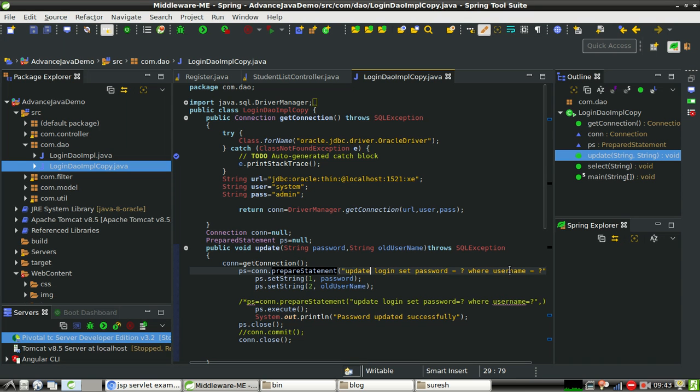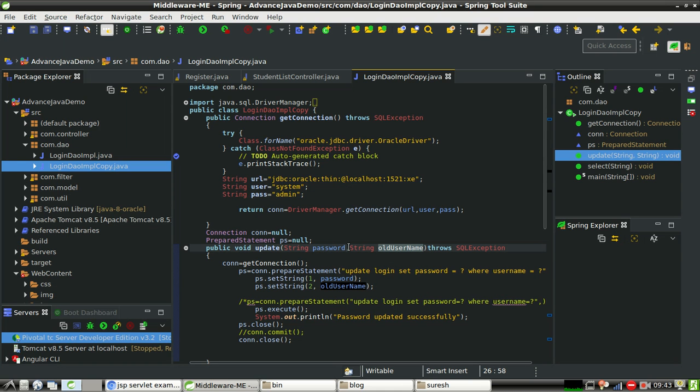username and password in table login, I will specify update login set password equal to question mark, where username equal to question mark. Please keep in mind these question marks are like dynamic things. For example, see this method, password or username, these are the entries.